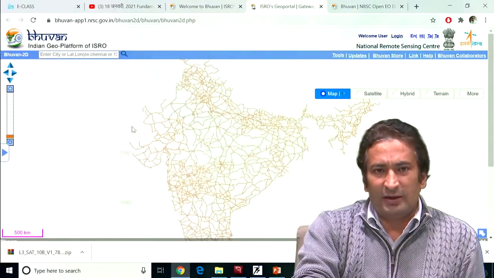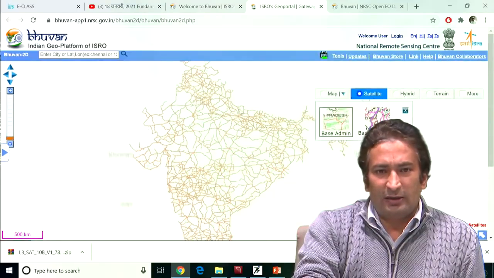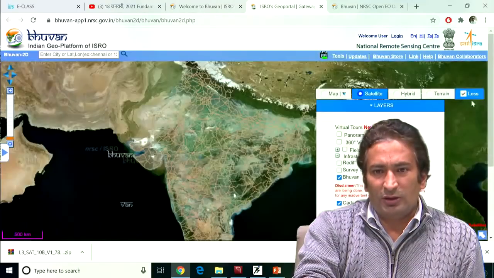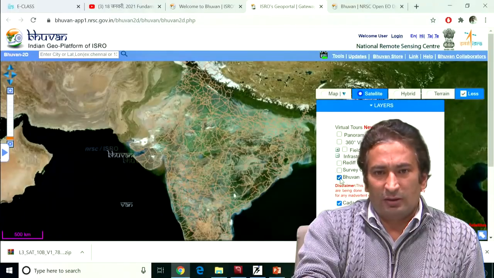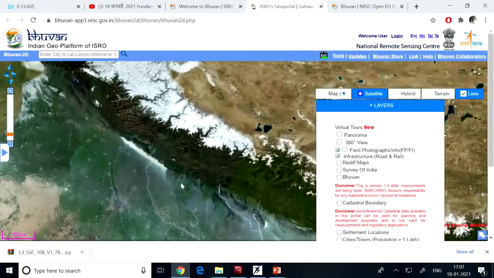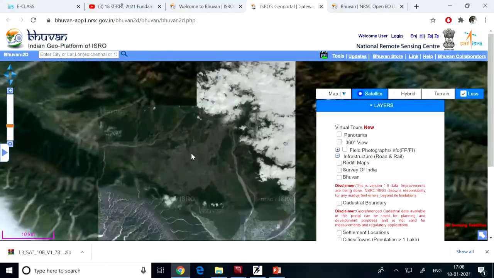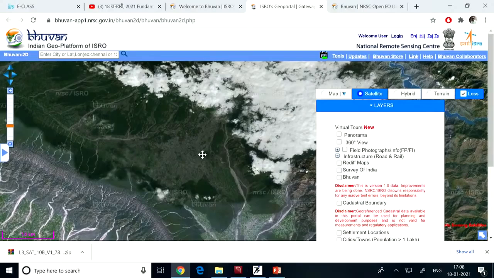For creating the vector data, let us go to the satellite view. I will remove all these roads from here because I want to create some data from this portal. Here let us zoom to a particular city. Let's say this city is Dehradun.